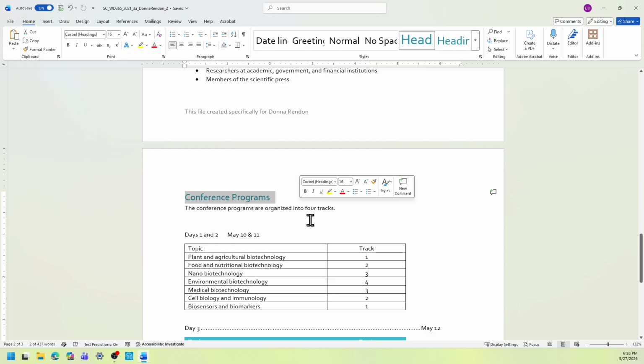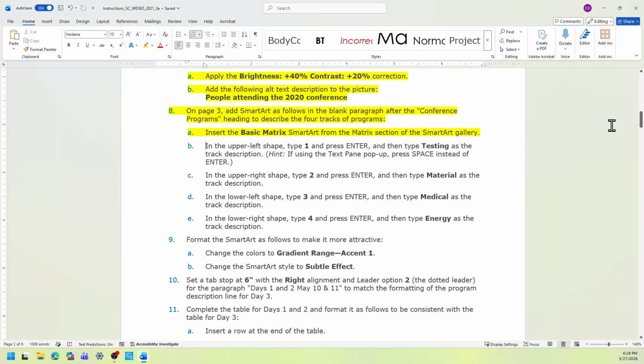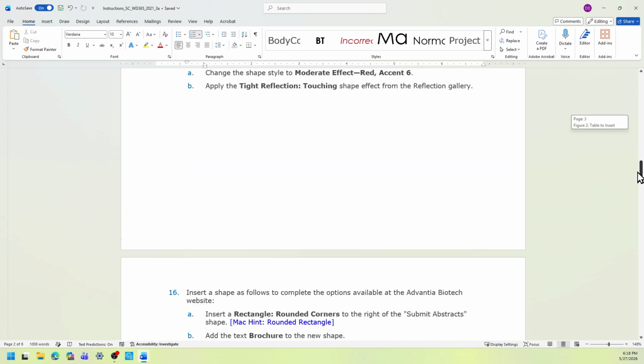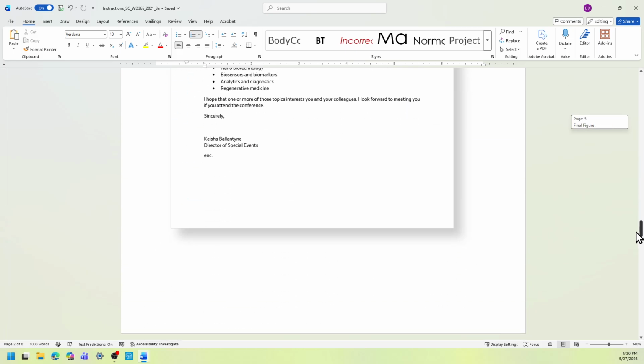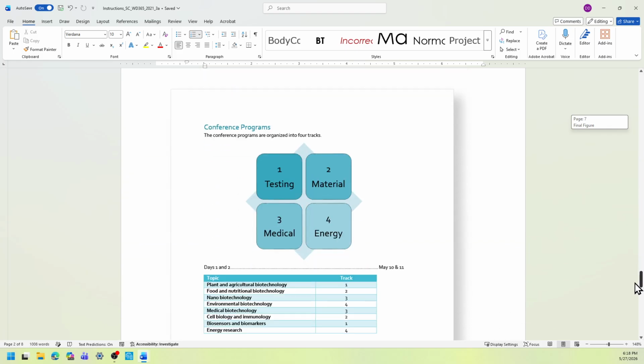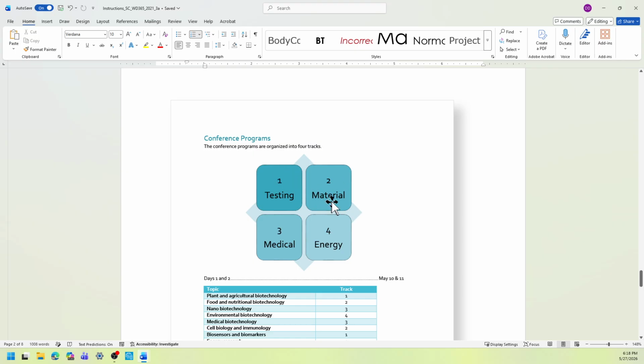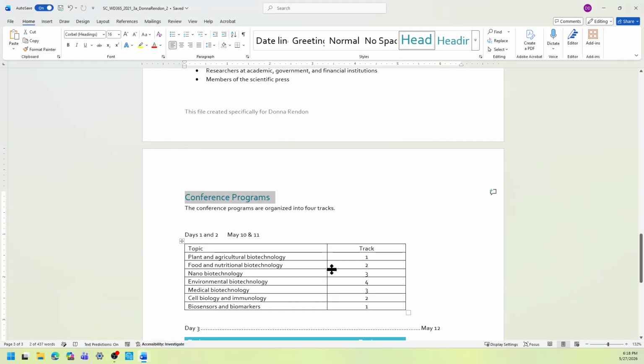It says after the conference programs heading. Okay. So let's see the end result. Okay. So here, it's similar to this is what we're going to create. Okay. Going back to the start file.